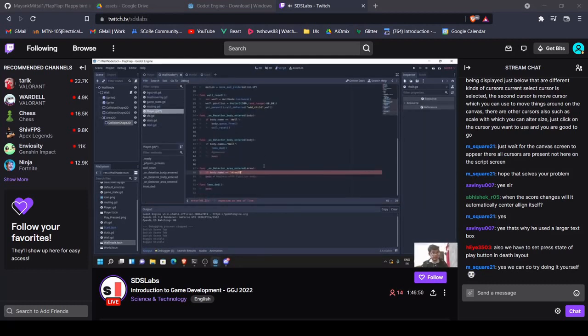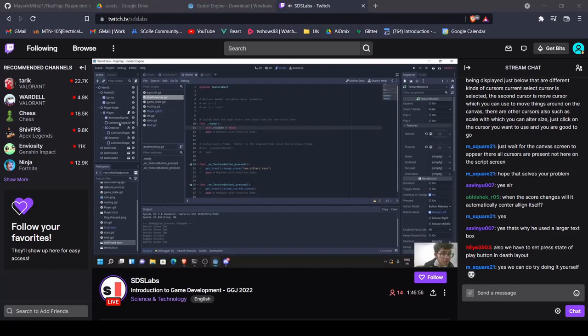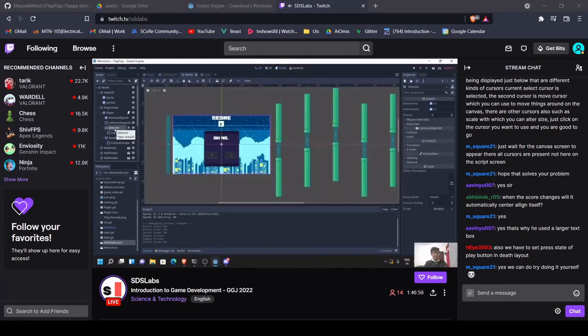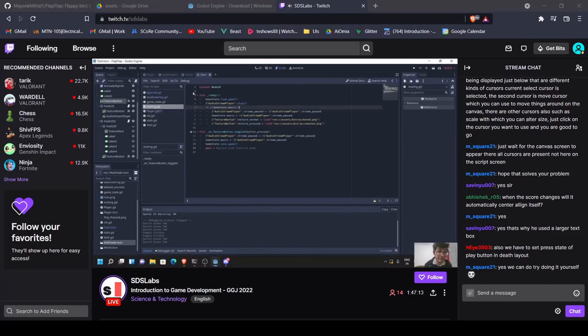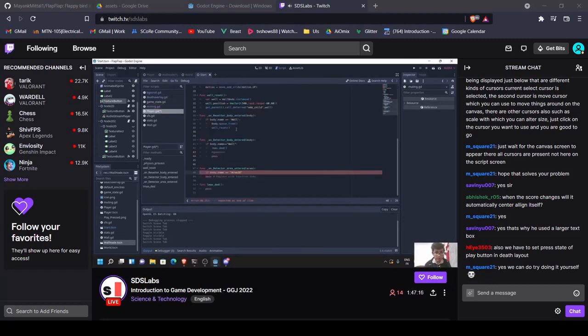On detector area entered. So detector, if I show you the world, was an Area2D which had a collision shape. If it enters one of those colliders between the pipes, the score must increment. So I will increment your score. Thou shall be rewarded. If body.name is area 2D, please increment the score. He did a good work. Score plus equals 1, because this is much like Python, and Python doesn't have that increment operator plus plus which you use in Java and